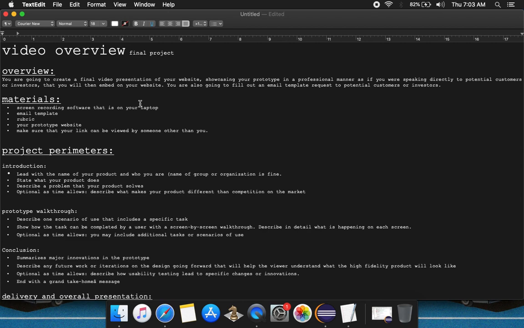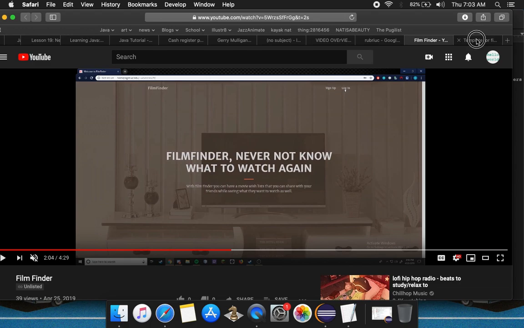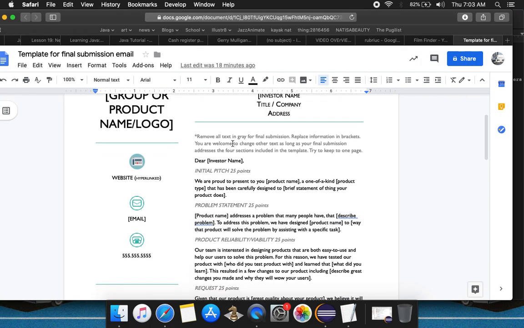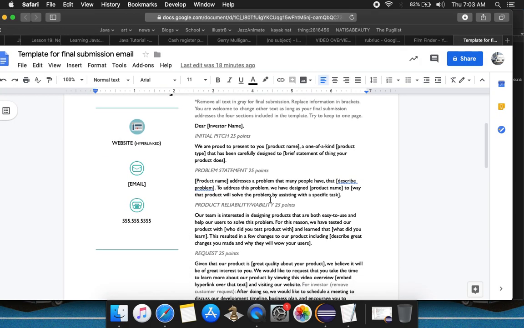on your website. You're also going to fill out an email template that is on Moodle that is going to be sent, potentially or hypothetically, to customers or investors to pitch your prototype. If it's a customer, you want them to buy your product, or if it's an investor, you want them to invest money in it. Here's the template. This is an email that you're going to fill out, and you're really going to drive home the point of